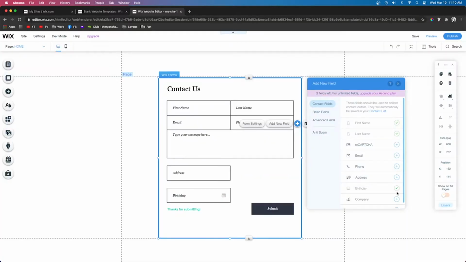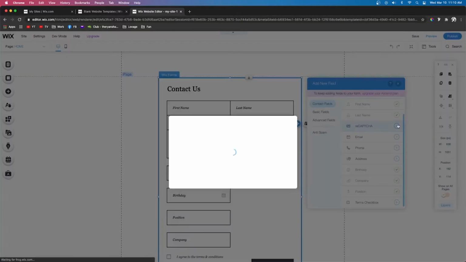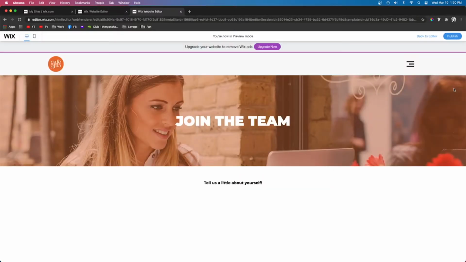site? Or maybe you just want one form but it has a bunch of input fields and you get greeted by a very similar message saying you need to upgrade your Ascend plan to add more input fields to your form. Well, today I want to teach you how to completely bypass upgrading your website's Ascend plan by creating custom